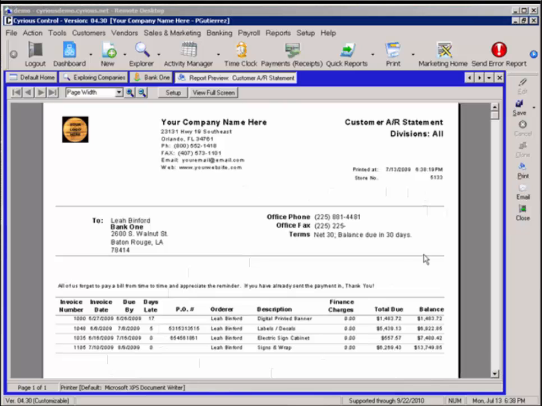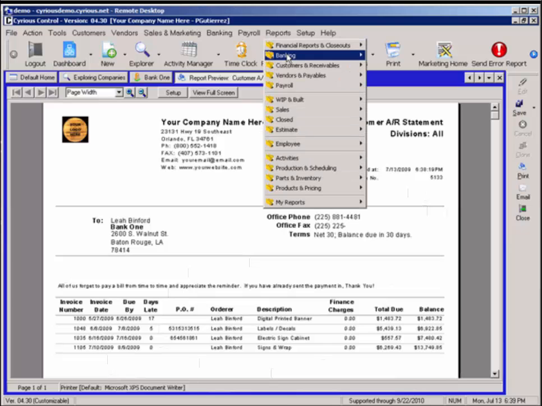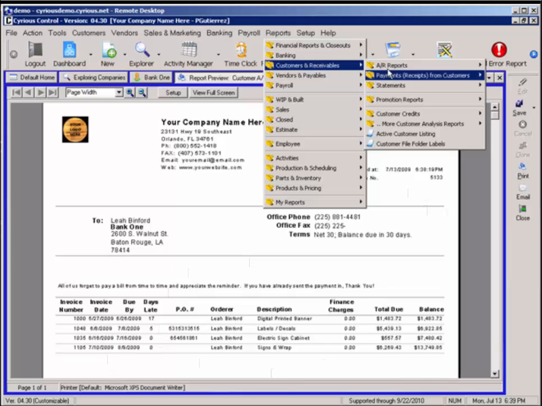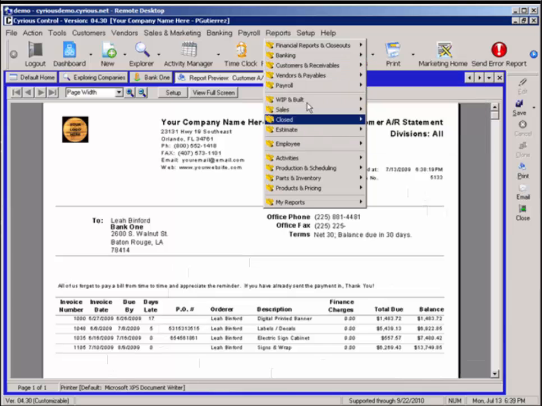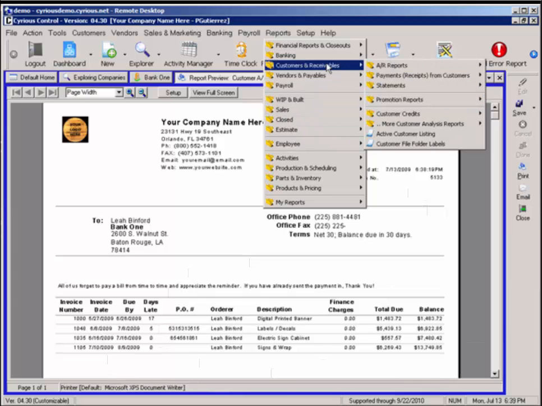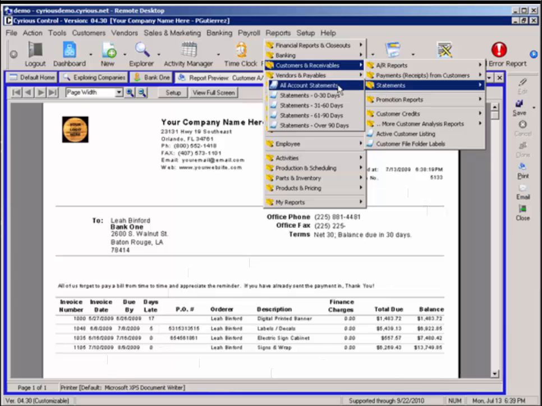Another method of getting the account statements out is going into the Report menu, selecting your customers and receivables, statements. You can either print all account statements, those that are just 0 through 30, 31 through 60, 61 through 90, or over 90. I'm just going to, for the sake of this example, select all account statements,